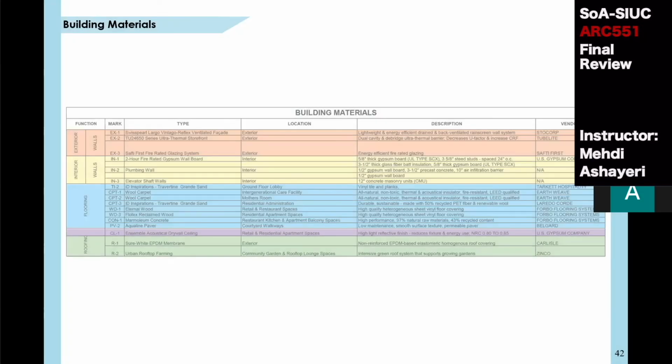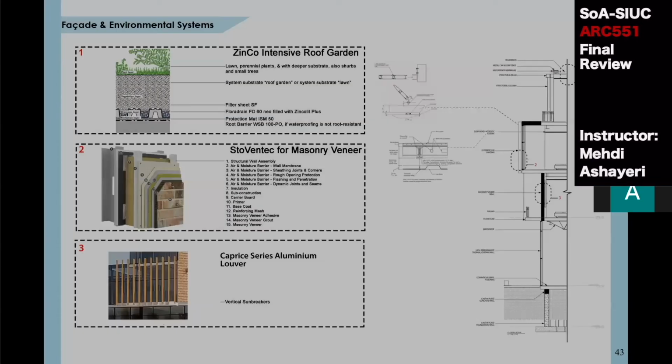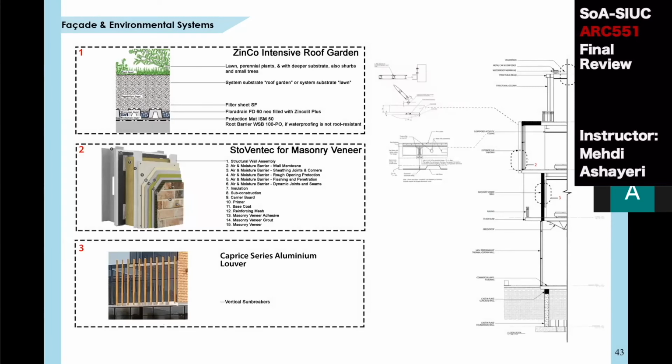These are a list of my building materials that I used for both the exterior and the interior spaces. Now, facade system, Kristel had talked about the zinc-intensive roof garden that we had, I think, unanimously used. I have also made use of the Stove Tech masonry veneer system, which is favorable in promoting controlled thermal conditions thanks to its fully engineered